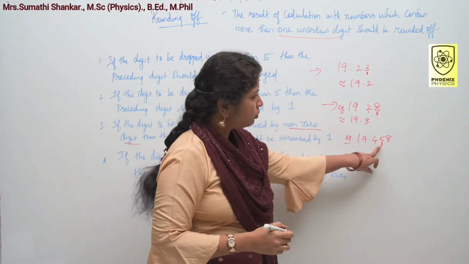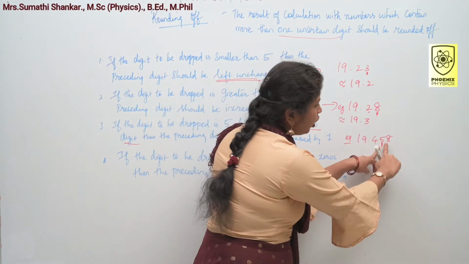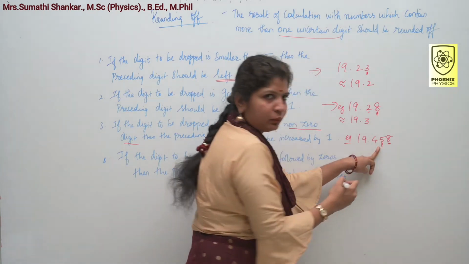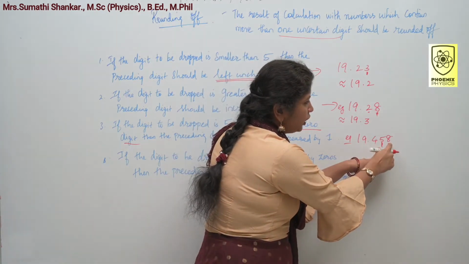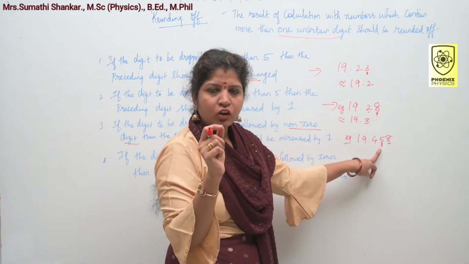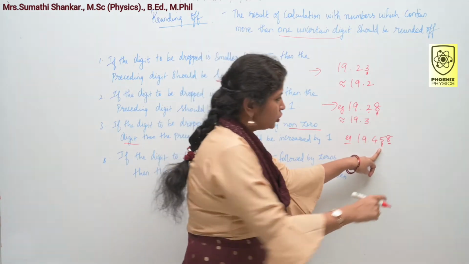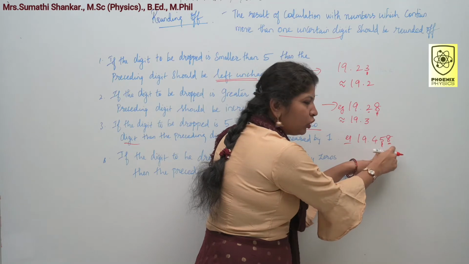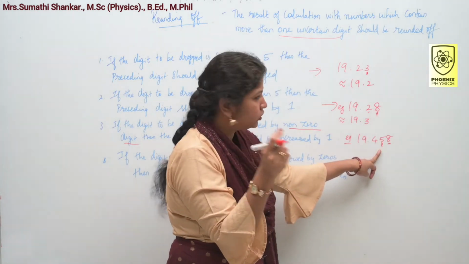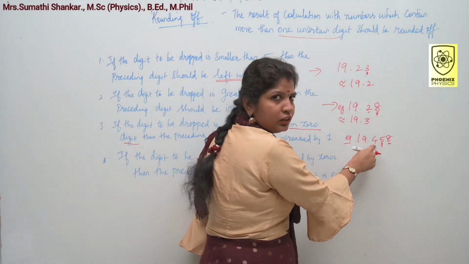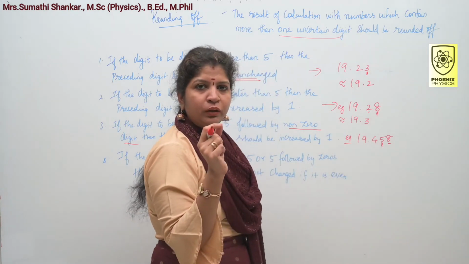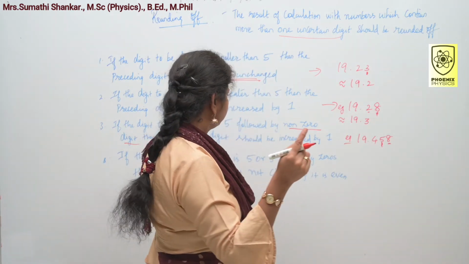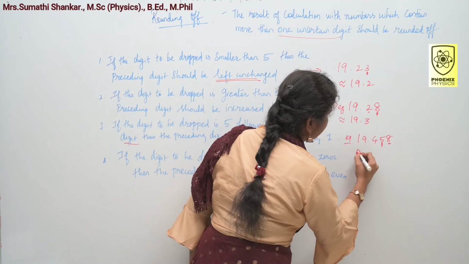The digit to be dropped is 5, followed by a non-zero digit. You know that non-zero digit means 1 to 9. So the 5 followed by a non-zero digit means the preceding digit should be increased by 1. So you can write it as